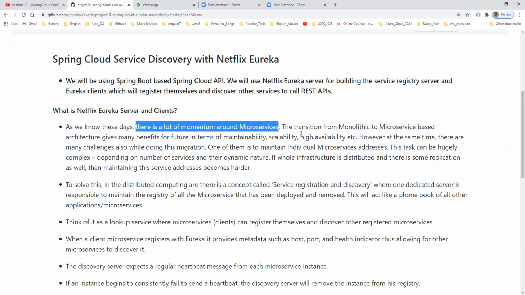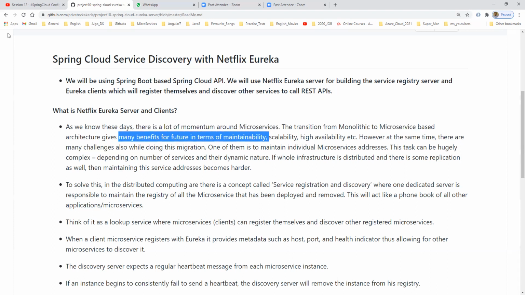The transition from monolithic to microservice based architecture gives many benefits in terms of maintainability, scalability, high availability, etc. Monolithic applications we cannot maintain, because there are a lot of complications, configurations and dependencies.